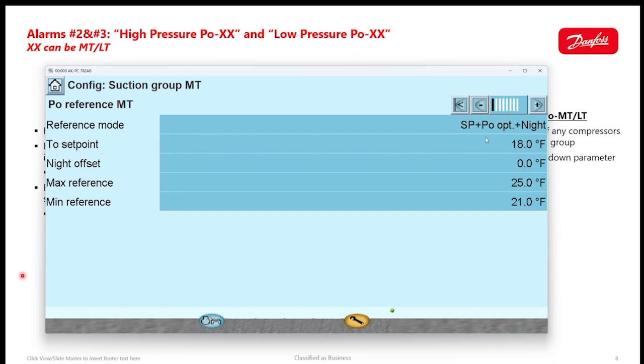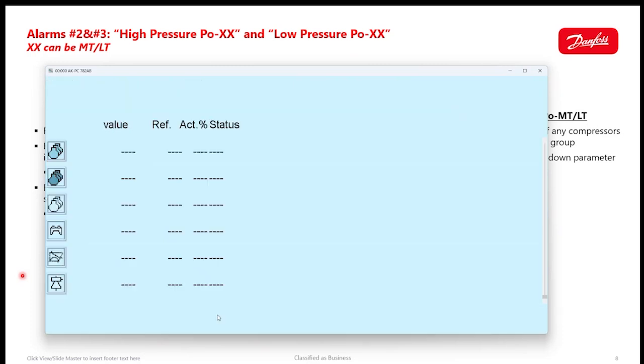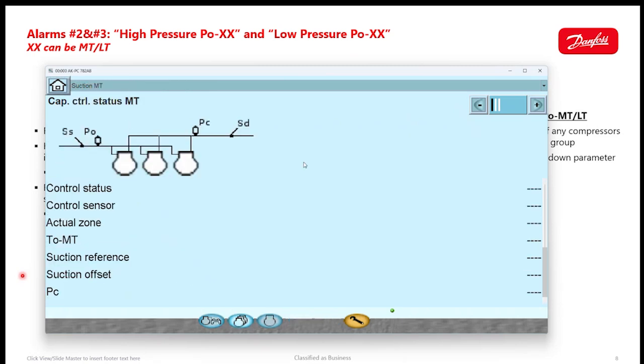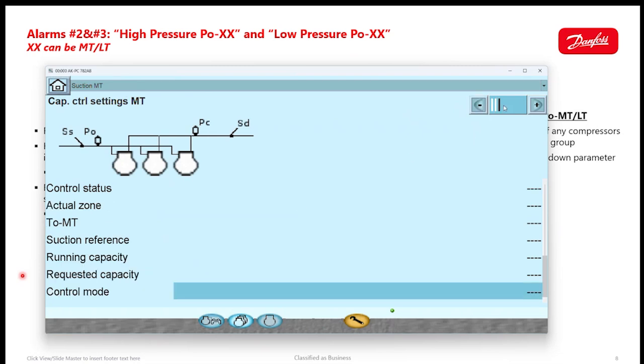TO set point was our primary set point for that suction group. And then for the neutral zone, if we go back out to our overview screen, we have the compressor boxes here, the first being for the medium temp group, the second for the low temp. If I click on that first box for medium temp, and I go to my third page up top right